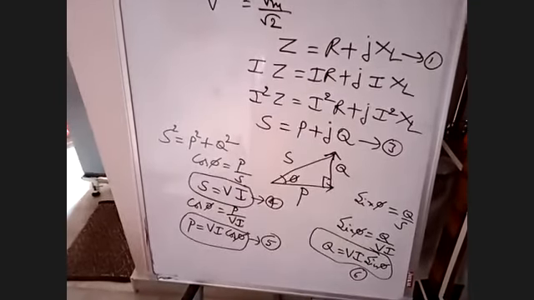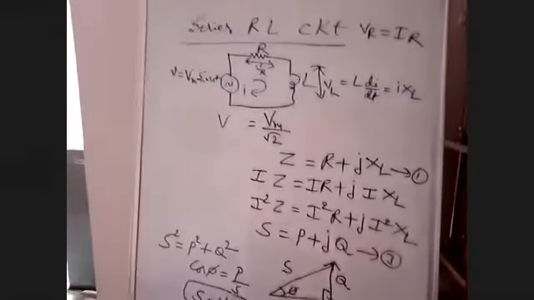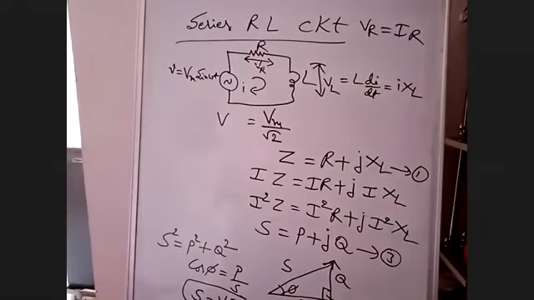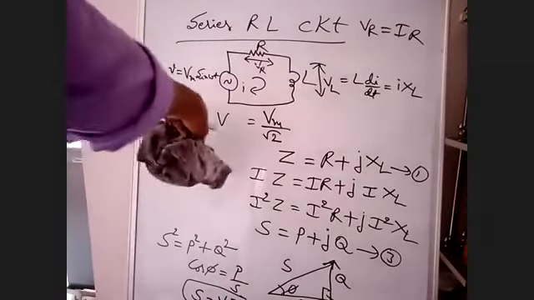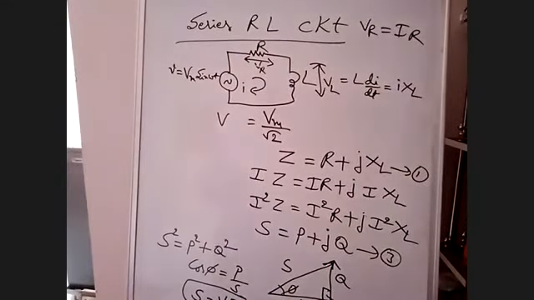Okay, any doubt in these formulas? No? We'll see some problems. Now we'll go for the problems on series RL circuit. Please remember, we'll take RMS value only, and the RMS formula is V RMS is equal to V M by root 2. For a full wave rectifier, we have to write this formula.